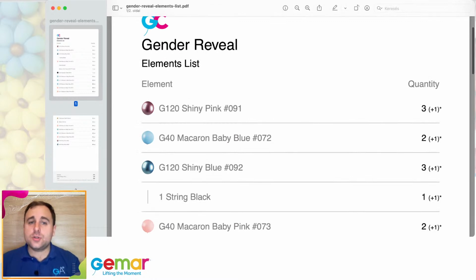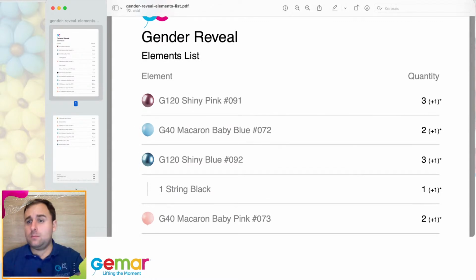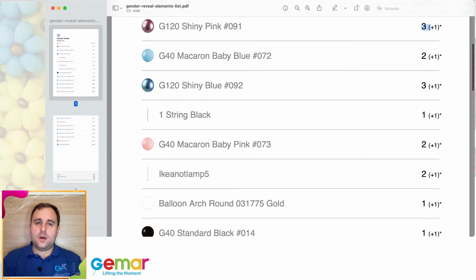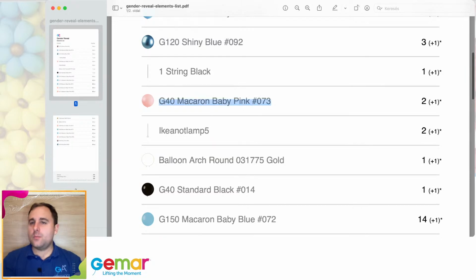We need shiny pink. I just added 3 of these. We're going to need the G40 Macaron Baby Pink 2 because we added one into the organic and one at the top of the columns, and it says just +1, that's because of the 5% safety margin, because 5% of 2 is less than 1, so the program tells you just 1. And this is why we included the IKEA lamp, because it tells you that you're going to need IKEA Knot lamp with 5 pieces assembled together, so it's just 5 pieces of the black